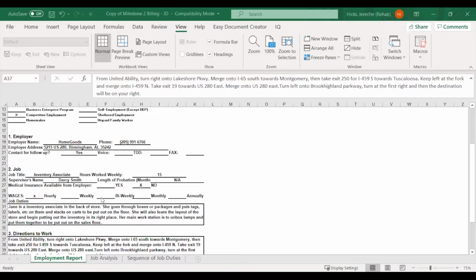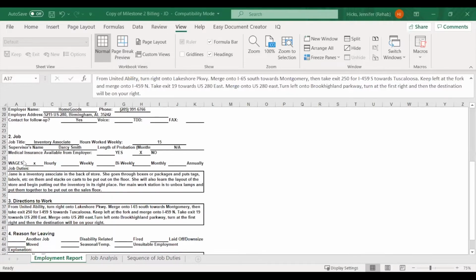That will mostly depend on whether it's a full-time or part-time position, but that's information that you need to gather. The next part is wages. Are they paid hourly? Are they paid weekly? Are they paid monthly? You just select which one there for wages.